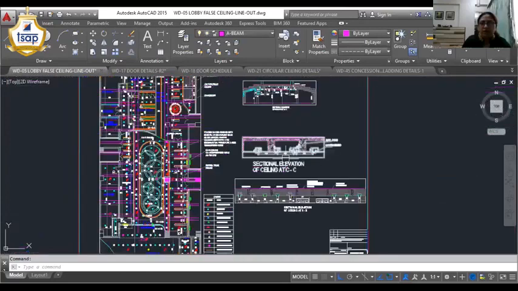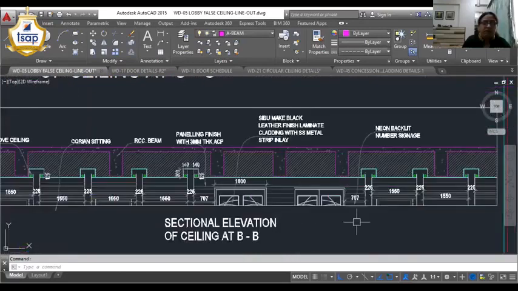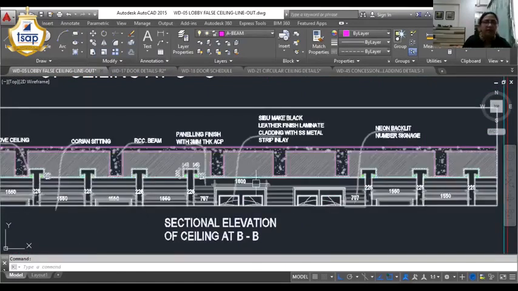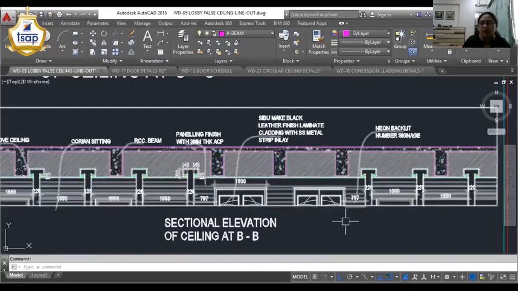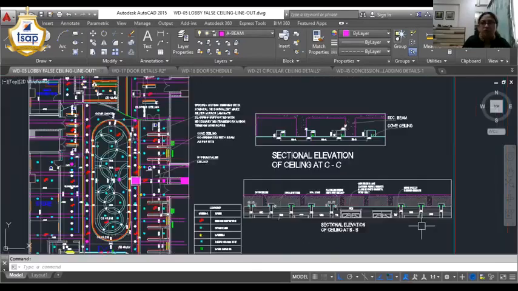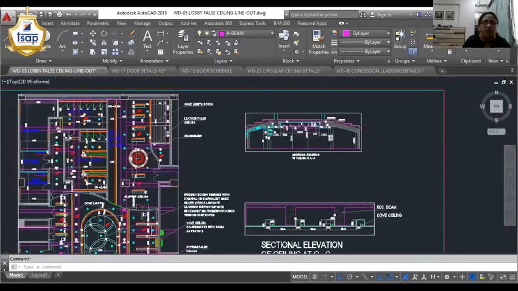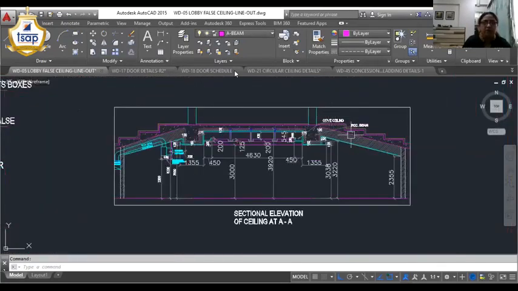And you can see the section of the false ceiling which shows all the cove lights which are camouflaged with the wall paneling, and also the RCC beams are shown here. The RCC beam and the false ceiling together are shown along with the RCP. I'll again share the first